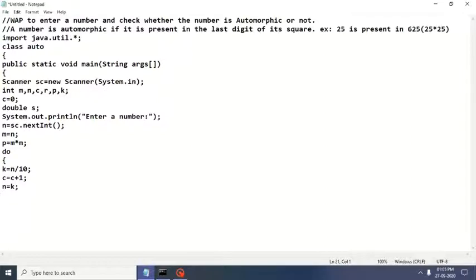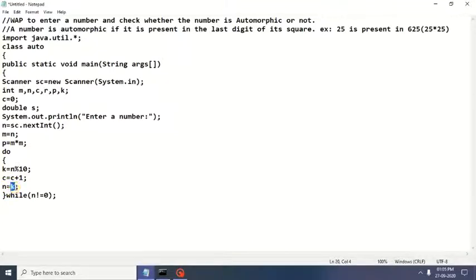We are counting the number of digits here, while n is not equal to 0. I think I've made a mistake here.